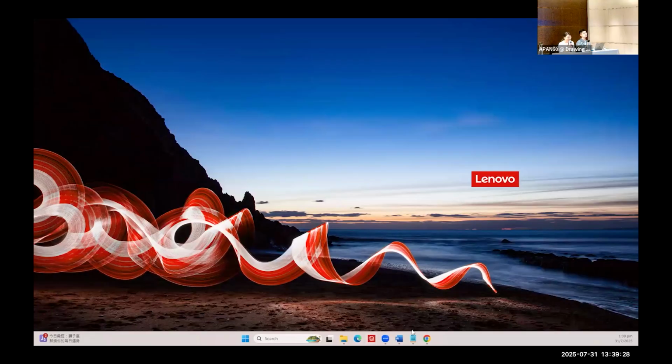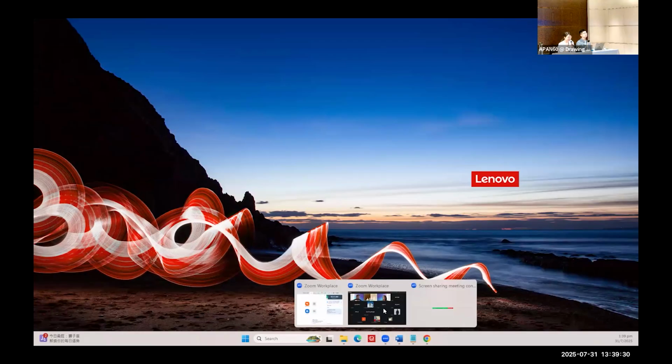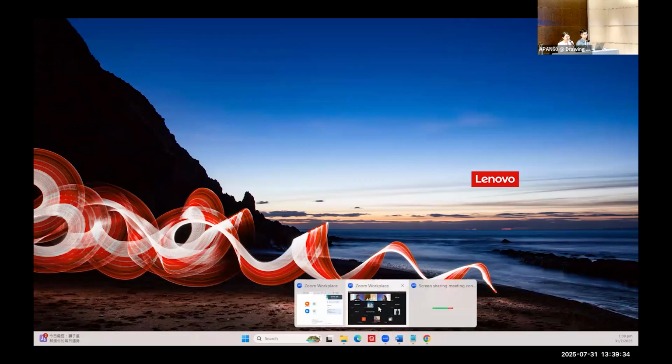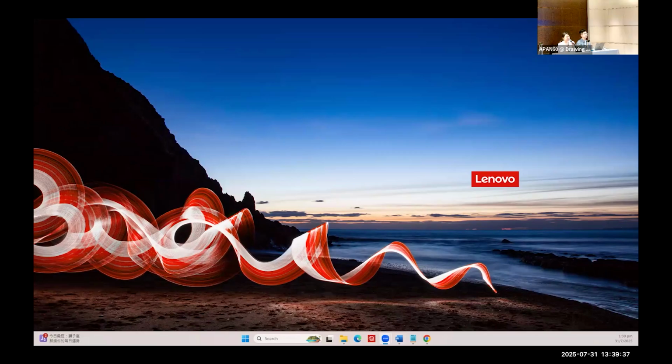Okay, maybe I'll just raise 2 questions. I think this topic is very interesting: given multi-modal input, we want to predict the emotion of the person. Can we go back to slide 13? Okay.